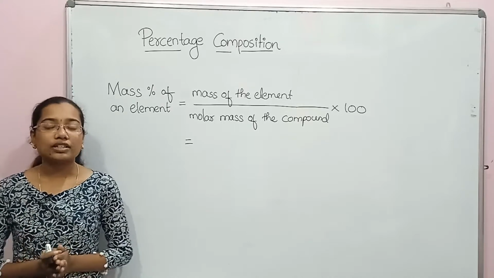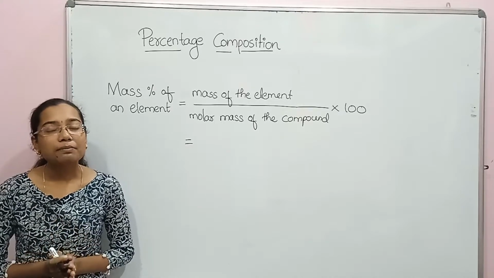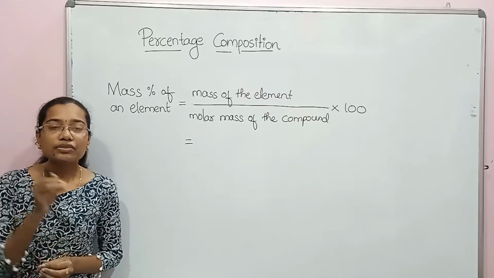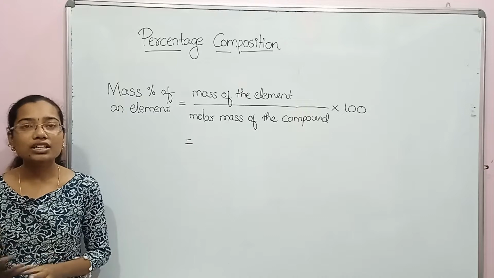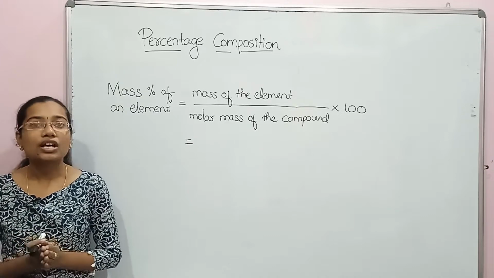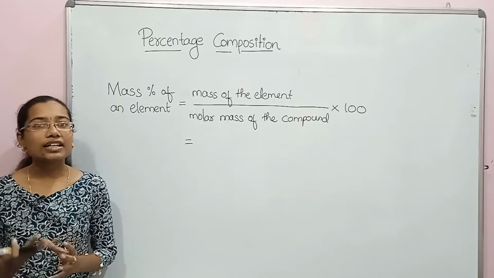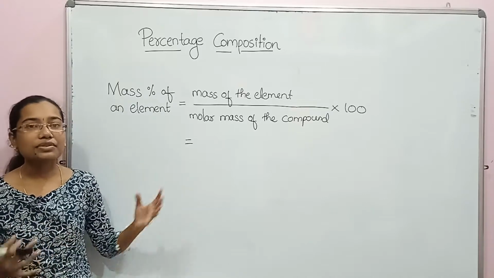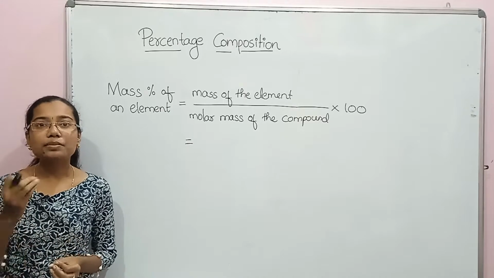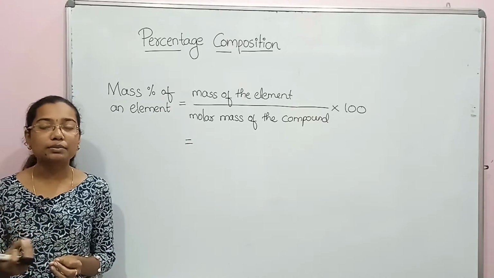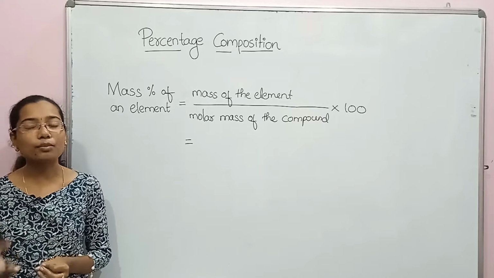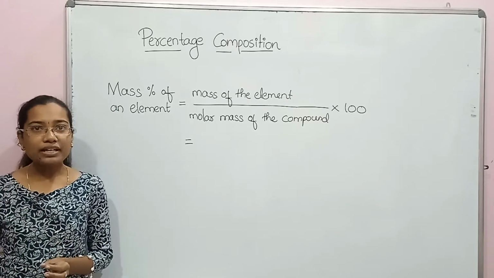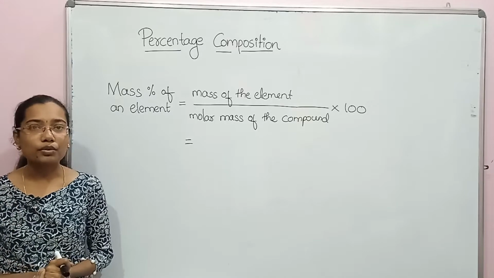Say you take water. We know that water is made up of hydrogen and oxygen, but we don't know the percentage of hydrogen and oxygen in the total water volume. So we have to calculate that from the percentage composition. By using this, we can accurately calculate the percentage of a given element present in that compound. Not only water, we can calculate the percentage of any element present in any compound, like